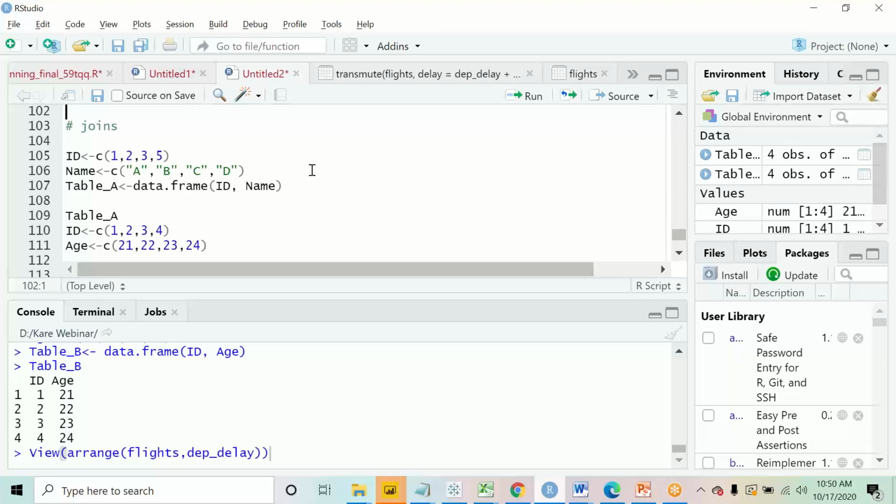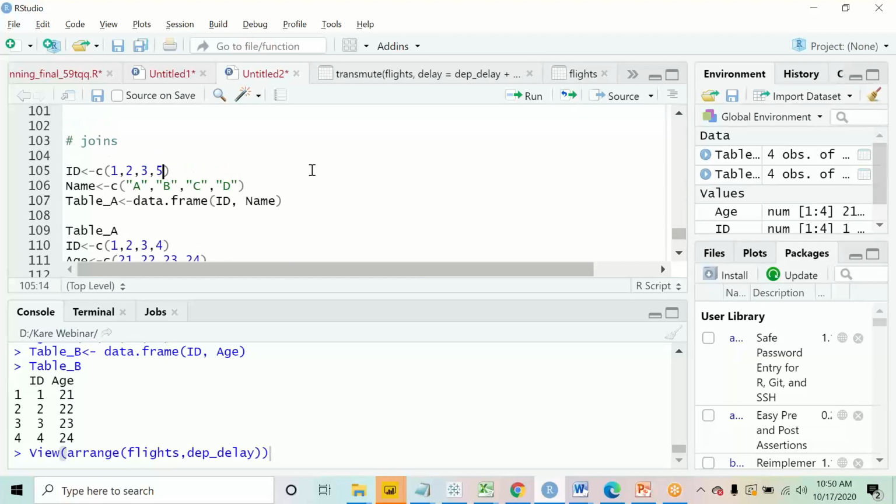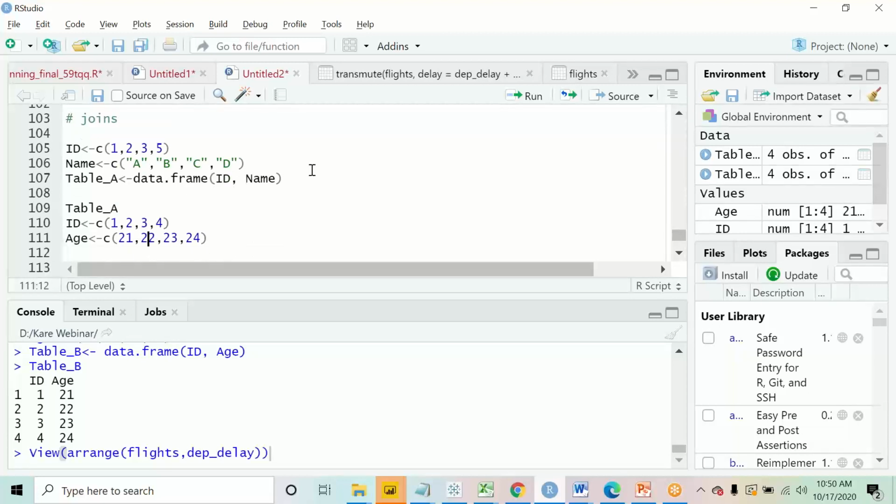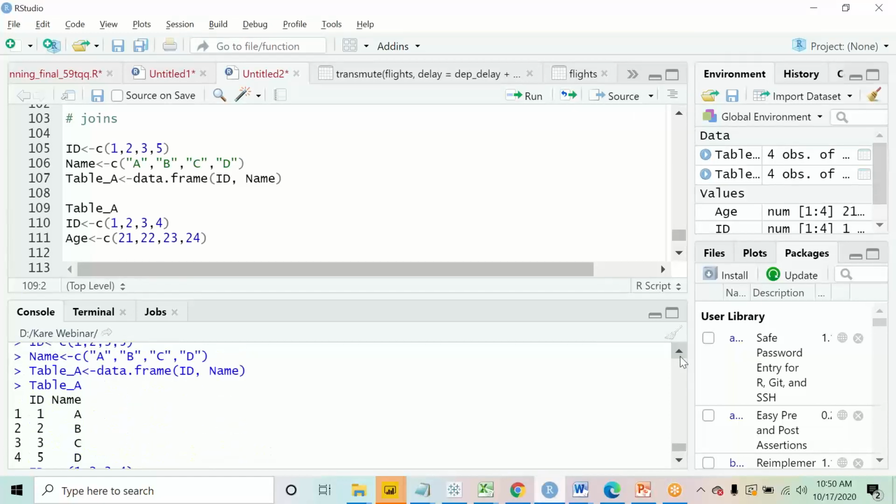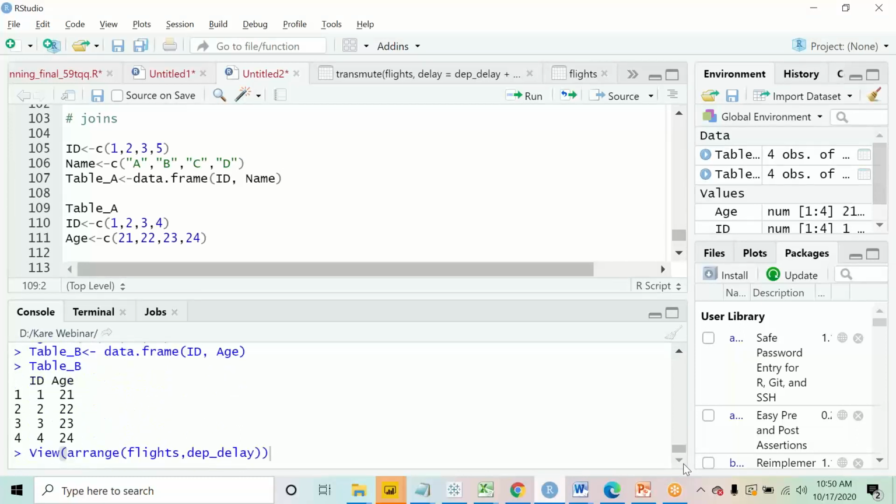So Rishabh, you're saying your ID name is different because in table A it is ID and in table B it is ID? No, the ID name is the same. I've kept it the same, ID and ID in both tables. It's in capital, if you see, ID over here and ID over here. So in both the tables it is the same. You see, ID and name, and ID and age.